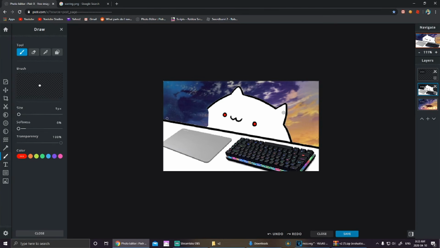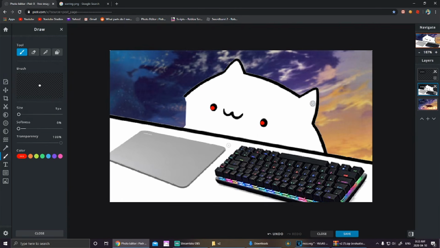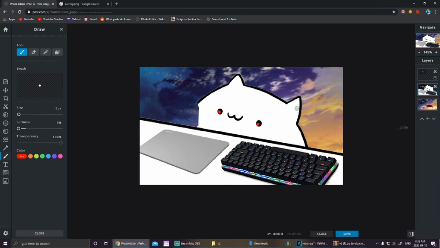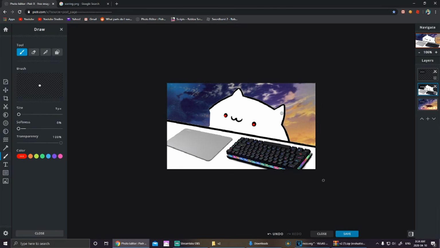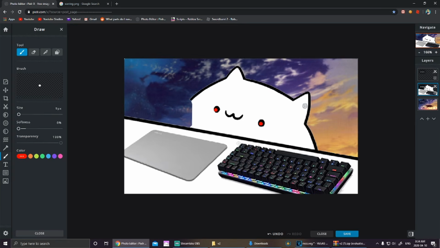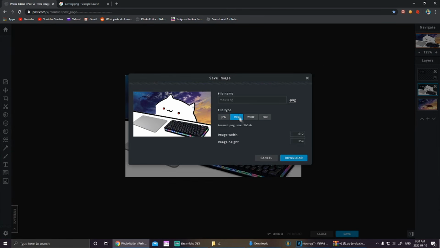Now that you've done that, it is looking a little bit better. I am going to make the eyes look in the direction that the hand is in and the keyboard is in, just to make it look a little bit more realistic. And there you go. Now that you've done that, you can simply finish up by pressing save, by pressing PNG,